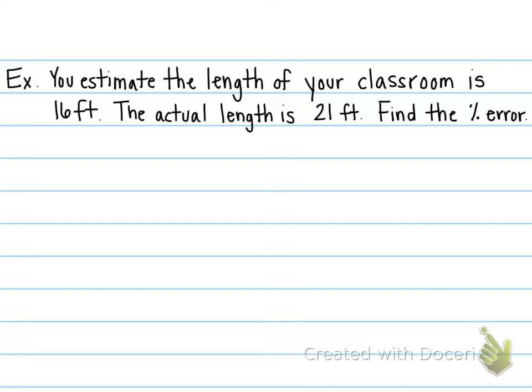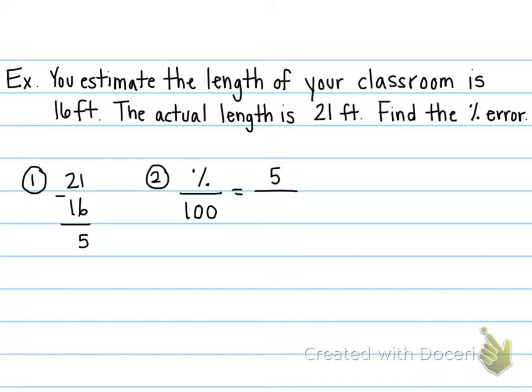So you still have your first step. Your first step is to find the amount of change. In this case, it's 21 minus 16. That gives you 5. Your second step then is, you know, you're finding your percent of change, which is error in this time, or increase or decrease. The amount of change you found was 5. And then the original amount is